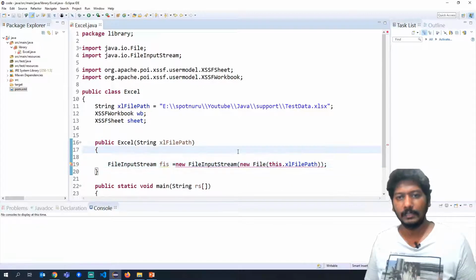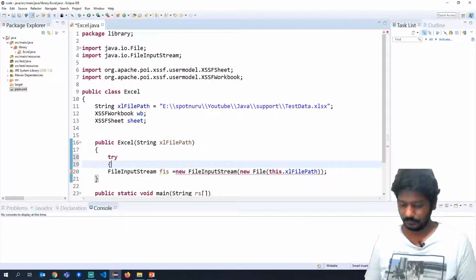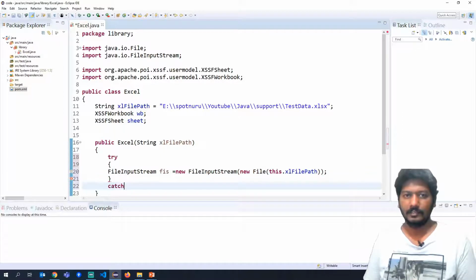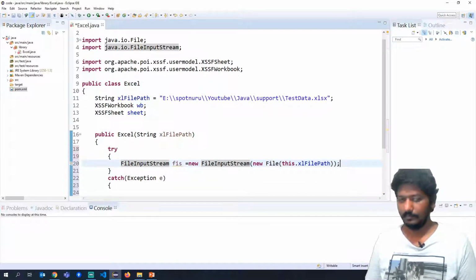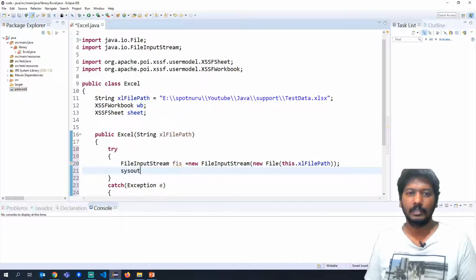So in Java, there are different types of exceptions. This is a type of exception where you should mandatorily handle it. Okay, there are some cases where you don't have to handle it and it will be taken care of at runtime. So we will use try catch exception e. So here what we can do is we can just add some debug outputs.